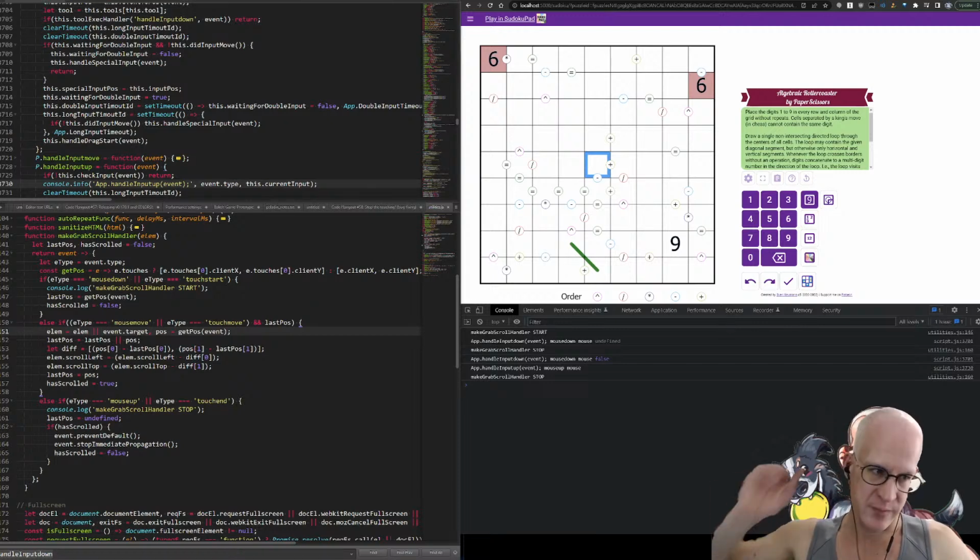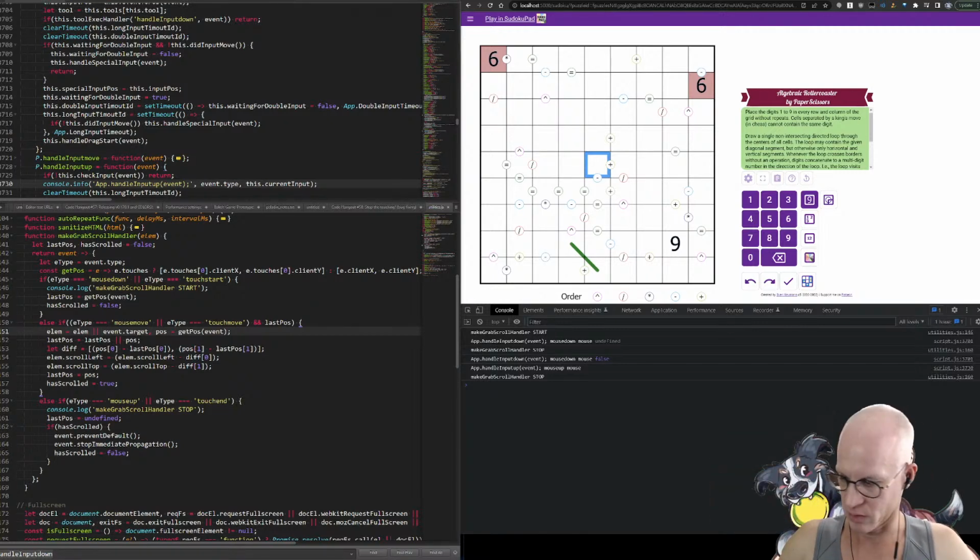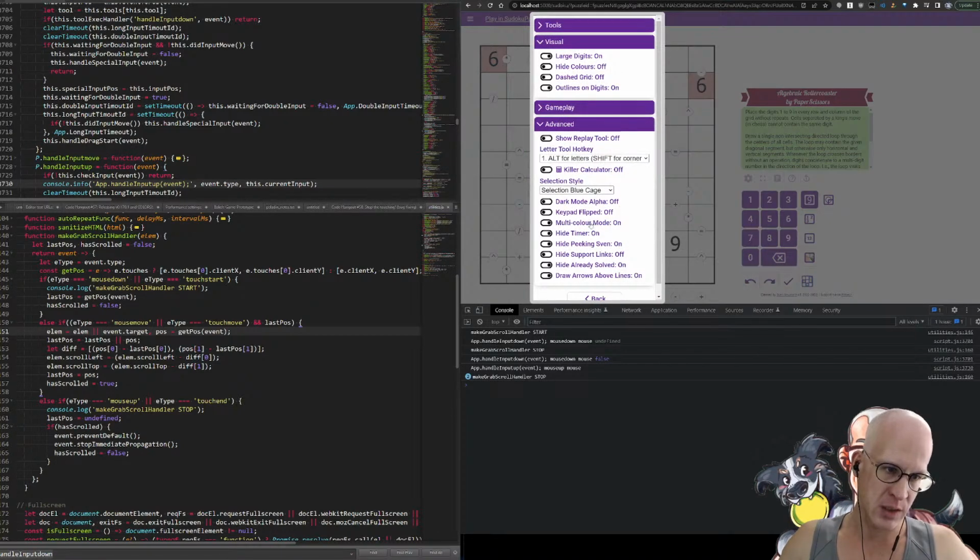So there might be an easy fix because there's no clicks on here. Obviously we don't want selection. The rules dialog, we could patch it out. For the calculator, the problem is